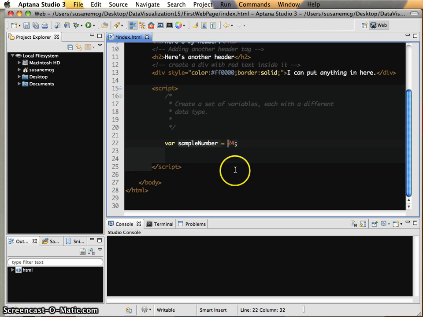So let's just pick apart this statement for a second. Again, this is what we would think of as like a JavaScript sentence, okay? So we're saying, look, create an empty box in memory, that's the variable. I want you to give it the label sample number. And now this equals sign, right? The equal sign we call assignment,